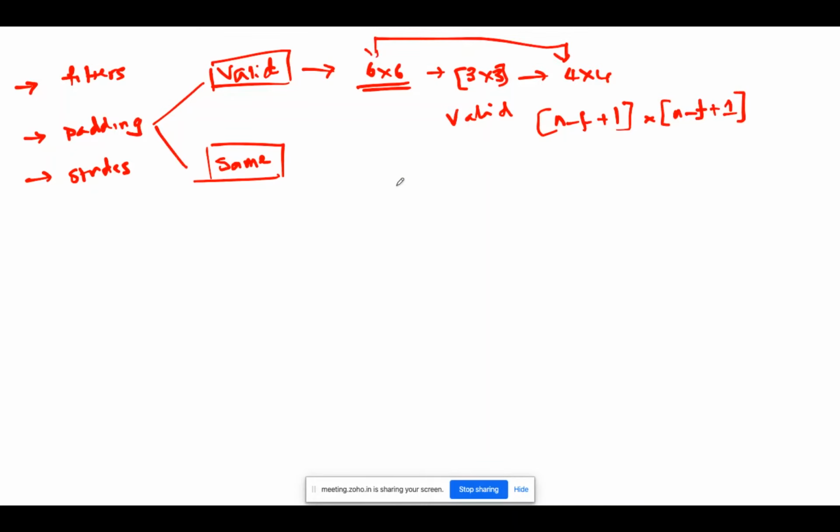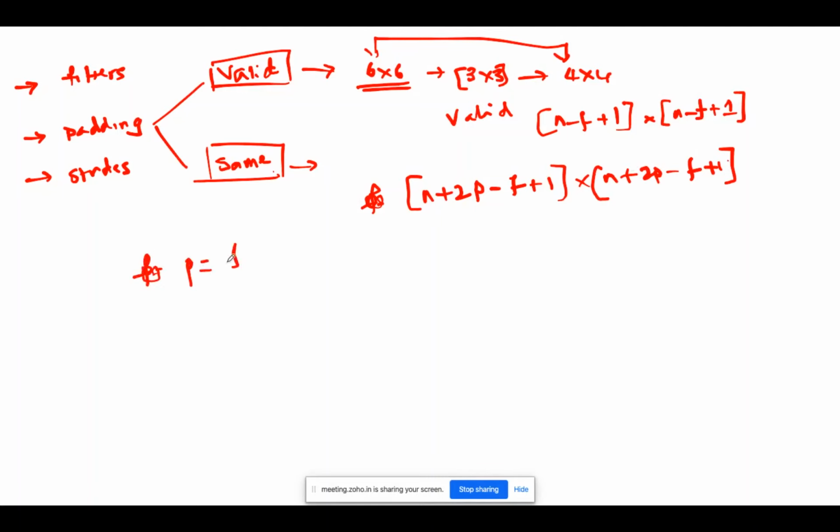Now, based on the filters, if I want to have same, my formula will be n plus 2p minus f plus 1 and n plus 2p minus f plus 1. Here, how many filters do I have? Padding equals f minus 1 by 2. Here it is a 3 by 3 filter, so 3 minus 1 by 2, 2 by 2, so 1.